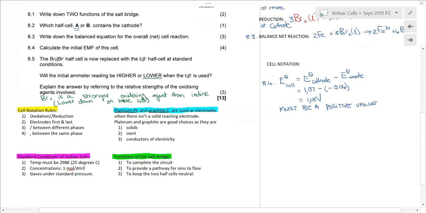The temperature they're referring to here is not the standard temperature on your data sheet. That standard temperature on your data sheet is 273 Kelvin, which is 0 degrees Celsius. The standard temperature for these voltaic cells is 298 Kelvin, which is 25 degrees Celsius. So now,